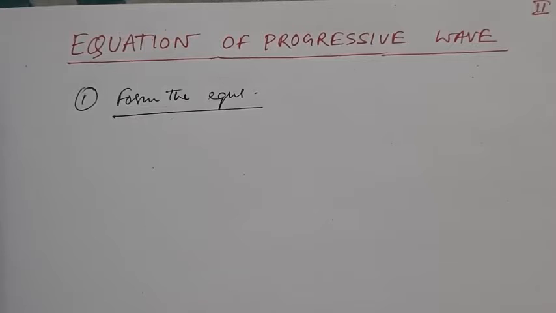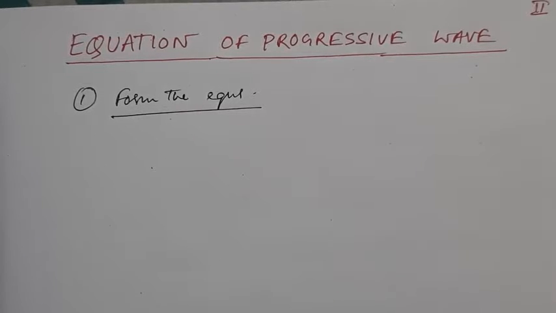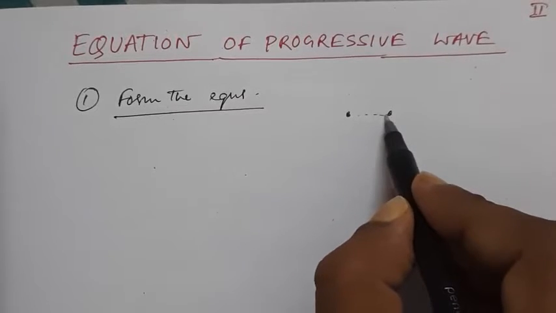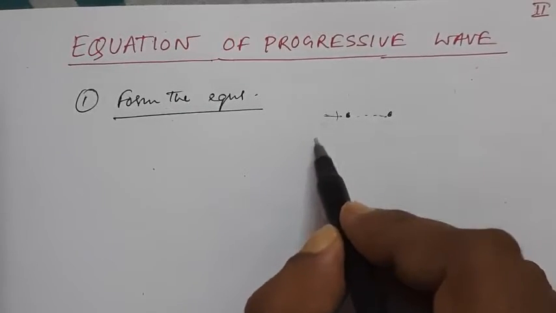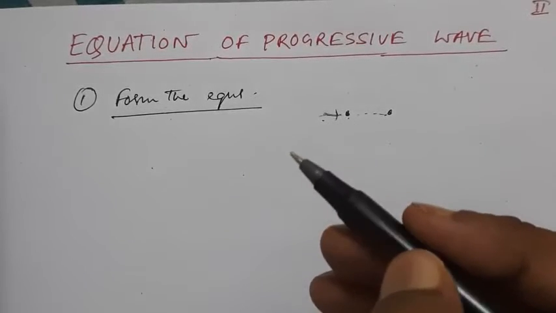Now suppose that due to the propagation of this wave, the particles in the medium are subjected to forced simple harmonic motions, that is, the particles are vibrating, standing in their own positions. The wave reaches any two different particles at two different times. This is very important to understand. Suppose there is one particle, and this is another particle, and many more particles are here. If the wave reaches this particle, wave means flow of energy, so the flow of energy reaches this particle at a certain time.